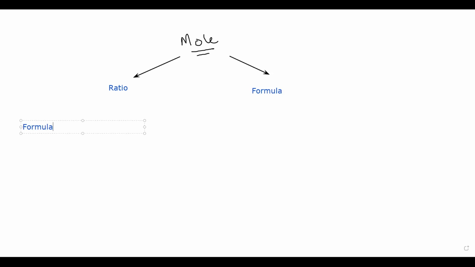The first one: moles equals mass in gram divided by molar mass. Molar mass can be an atomic mass or a molecular mass. The mass of 1 mole is called the molar mass. That's the first formula. The second formula is moles equals concentration or amount of solution